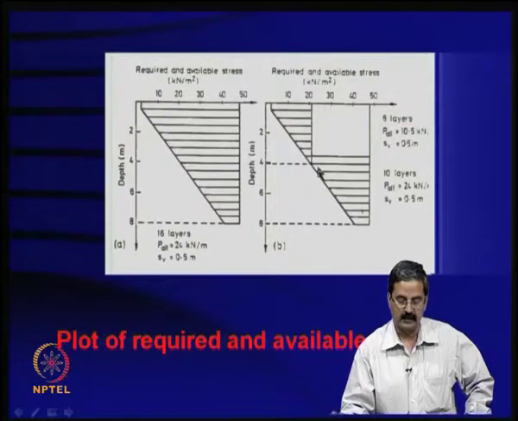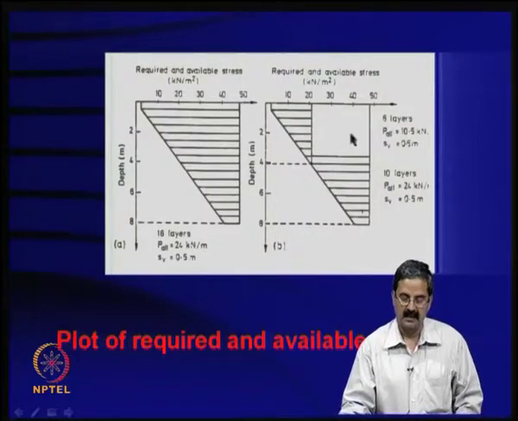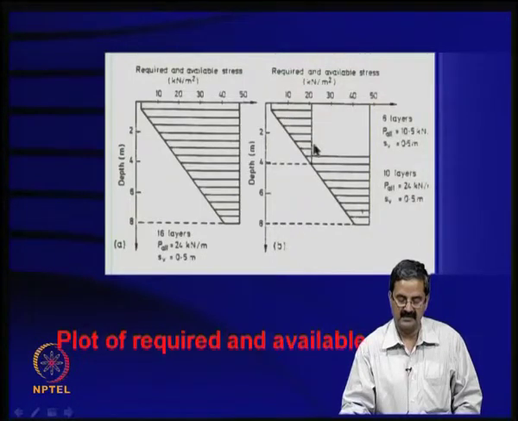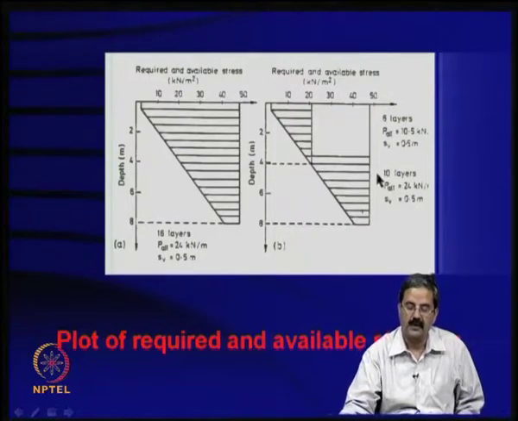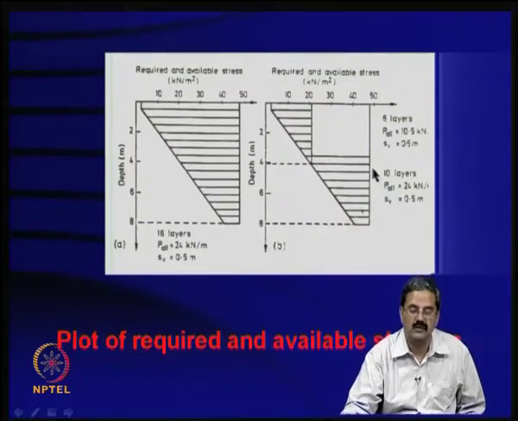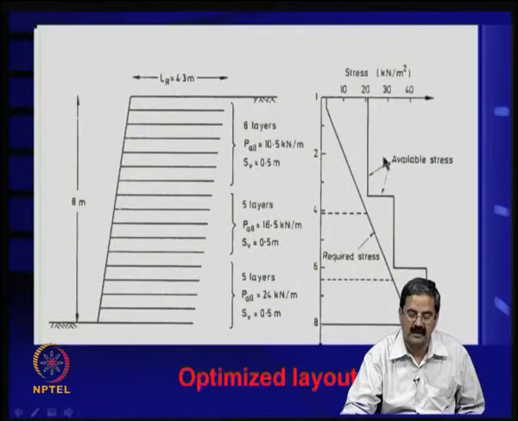See, the important point is that the available stress should be more than the required stress. Up to this point you can go, and at the top you keep only this 10.5 one, and at all these points it is fine, but once you come here you go for a higher one. So, you are able to use your material effectively by replacing the good material with a somewhat weaker one at the top, and here you have a much better configuration.